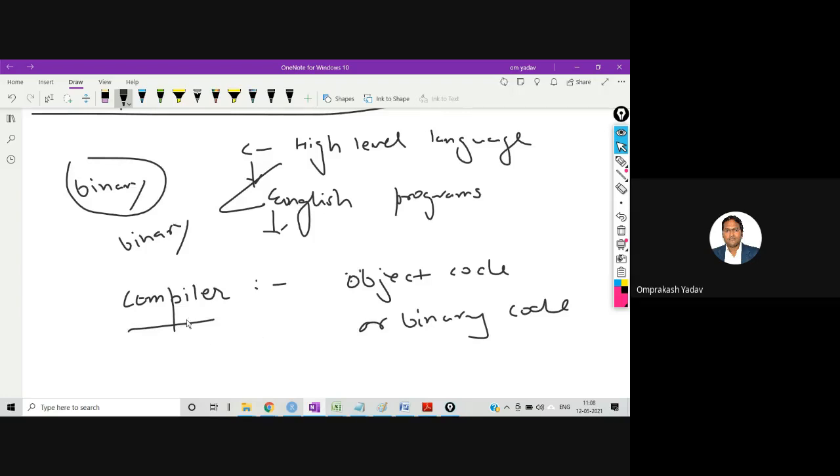The compiler will also warn you and let you know what different errors you have in your program. And finally, it will convert it into a binary code.